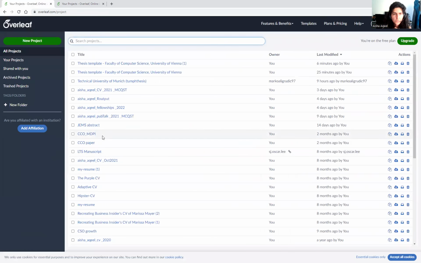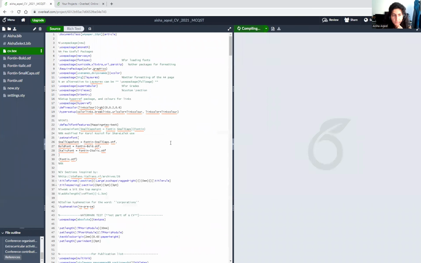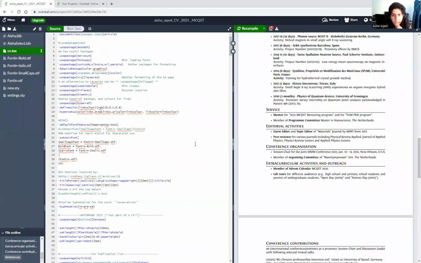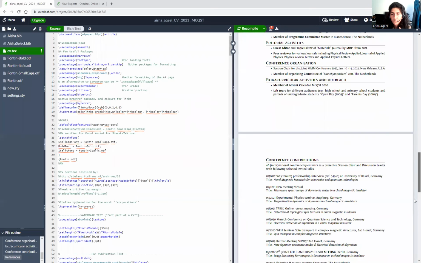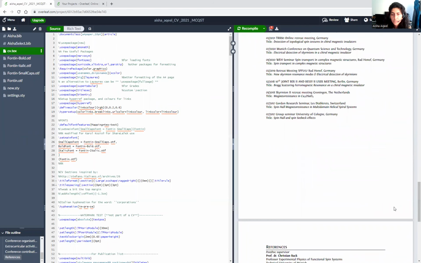I can also show you, I have recently edited my CV in this too, and I think it was useful because sometimes you want to have your publications inside the CV, and sometimes you don't, depending on where you are going to send your application.